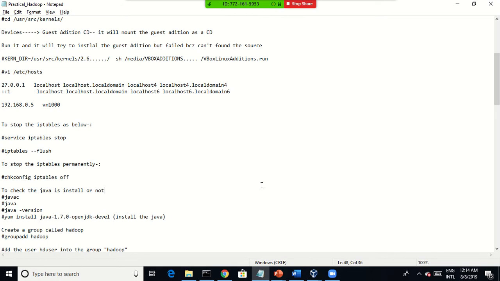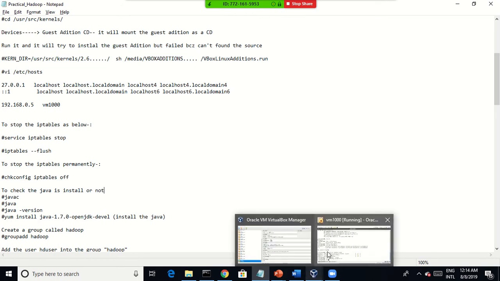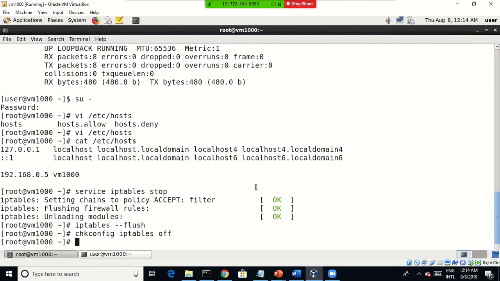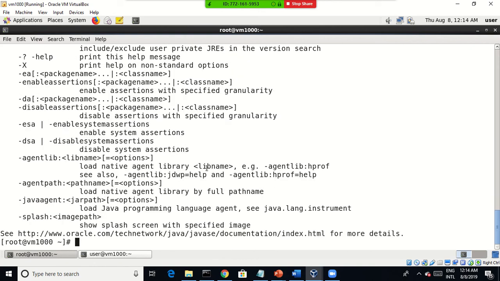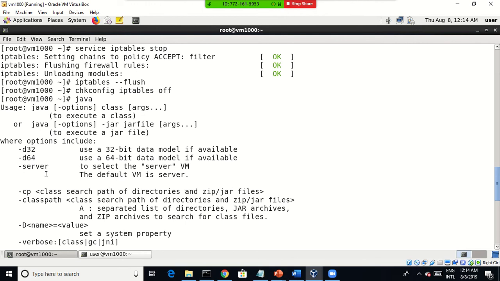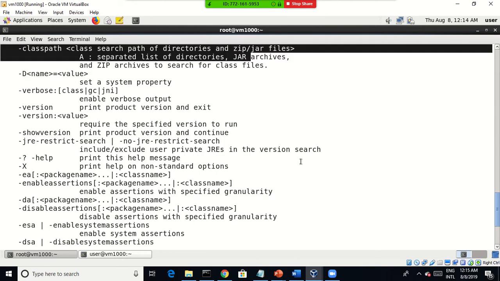Now you can see whether Java is there, because the Hadoop framework is written in the Java language. That is why I need to check whether Java is there or not by executing the java command. Java is there, I think so. Yes, because I am getting the help lines. So Java is already there, but